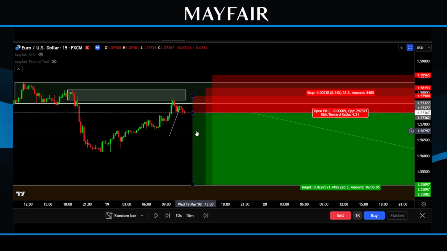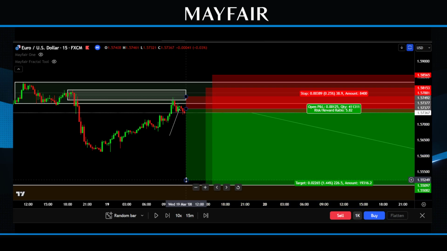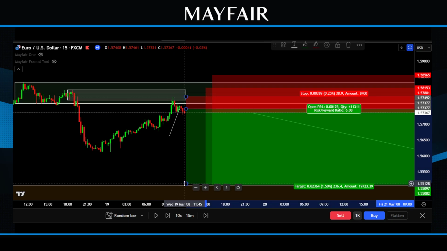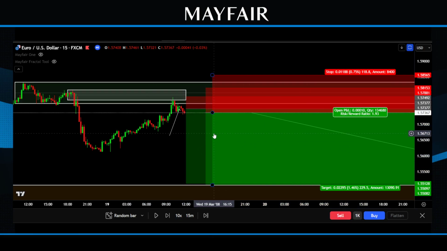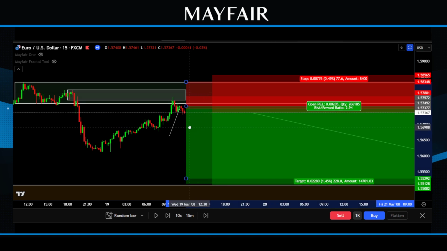So if I was to refine that entry, I'm going to come to the bottom of that candle there, this green candle, and I'm going to place my stop loss just above this one. So there's entry number 1. I'm going to take my take profit down there, and that gives me a 6R type setup. Second entry, maybe I'm going to come to the middle of the